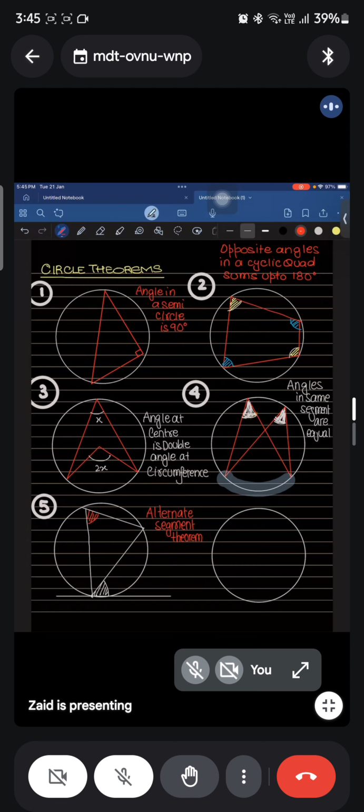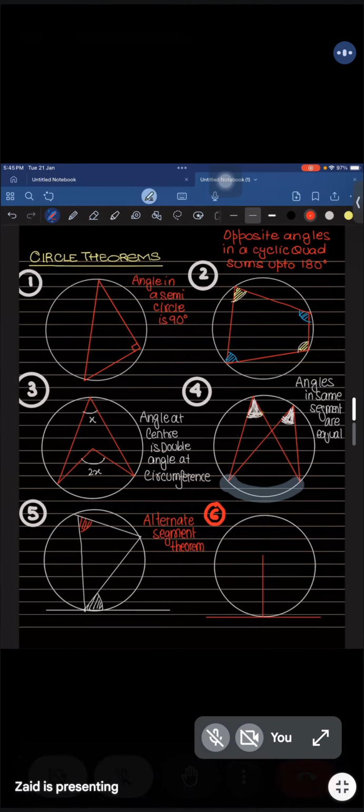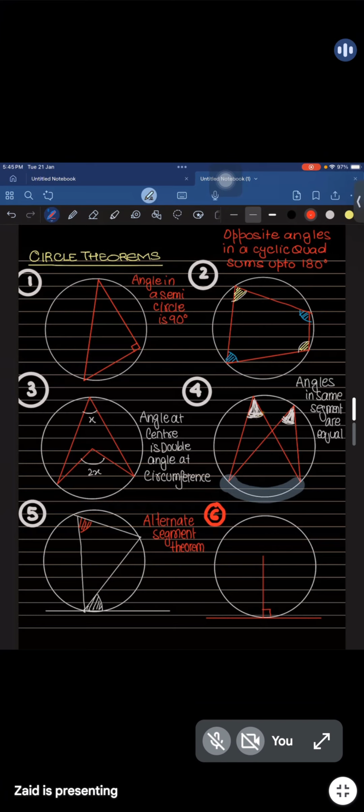There are two more theorems. A radius is always perpendicular to the tangent. Okay, so I can write it over here. Radius is